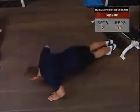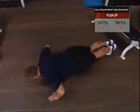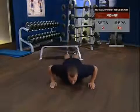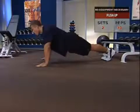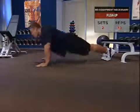Then you can exhale. Keep the tension in your chest and arm muscles steady and consistent, and make sure your back and knees stay straight. With stiff torso and concentrating the tension in your arms,